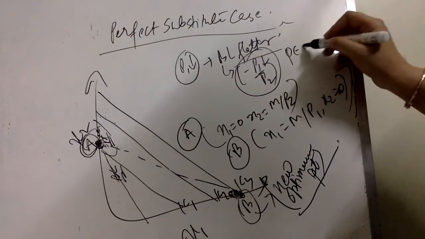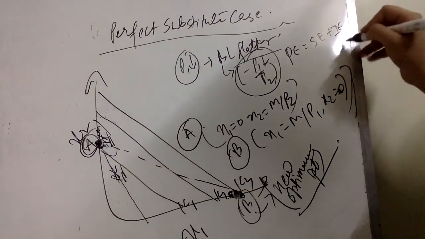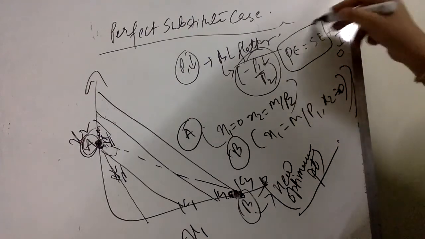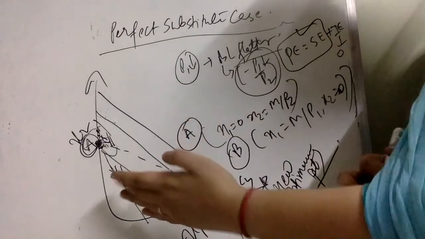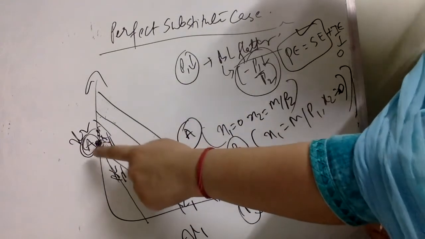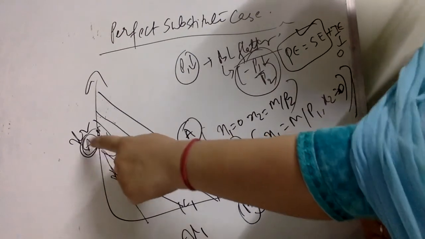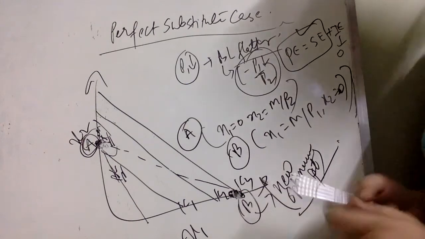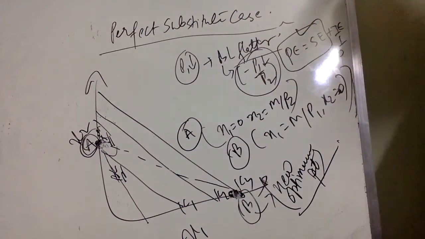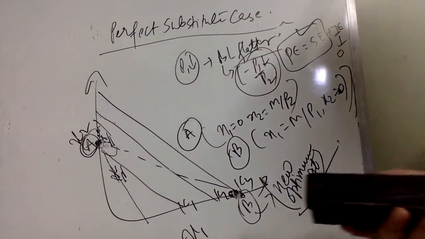So the price effect from A to B is equal to the entire substitution effect, and the income effect is 0 here. The price effect is precisely equal to the substitution effect, because we can't take away the income such that he will afford this bundle, because it's already a bundle of optimality. So initially we were here, now we move to this point. It's completely because of the substitution that's happening in this picture. So I hope the perfect substitute case and the perfect complementary case are both clear.